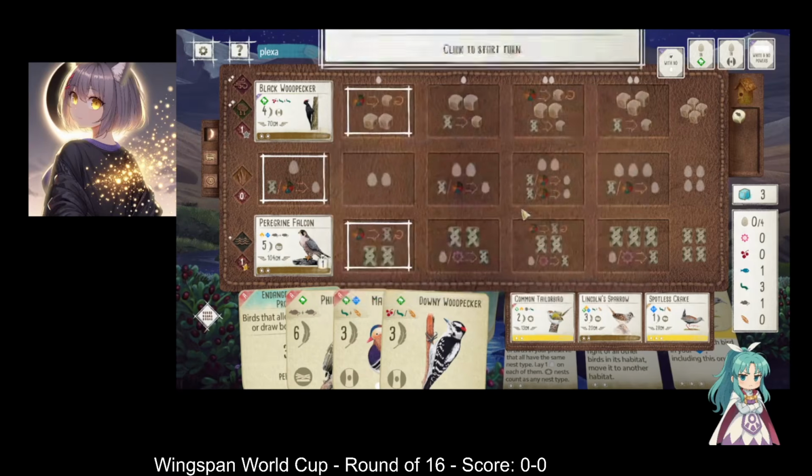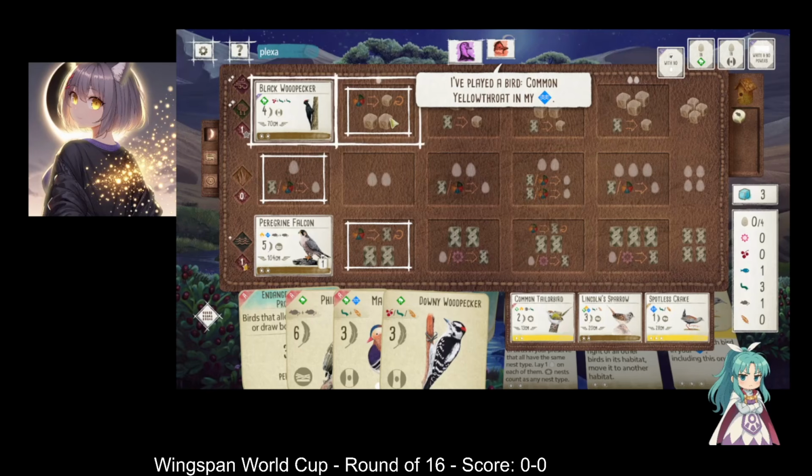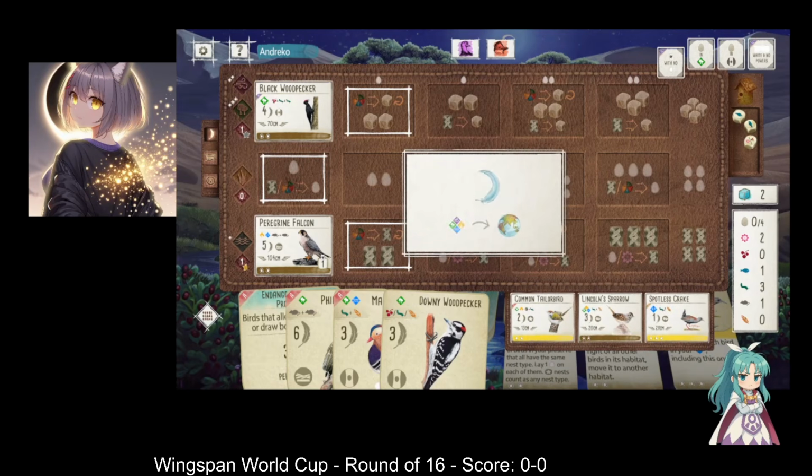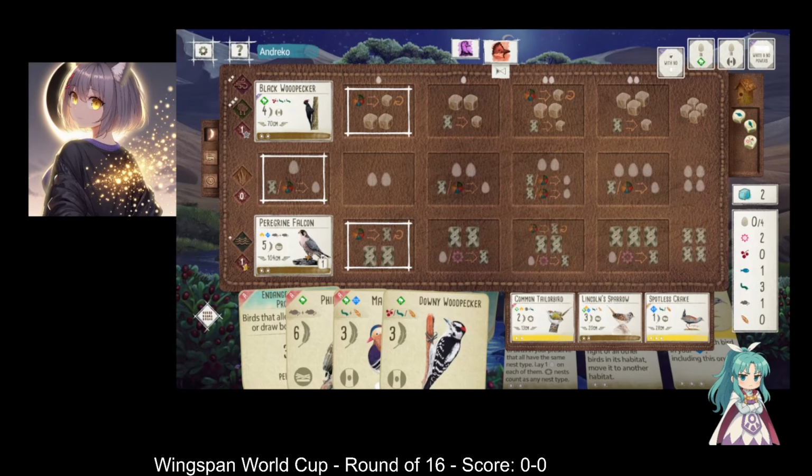I don't think we get to draw again now. I think we have to prioritize getting both birds into the game, and I think it's possible. I think as long as we hit some nectar here, I think we're pretty good. It is a risk. Okay, yeah, there's the risk. We don't get any additional worms, which is a little bit of a bother, but it's not the end of the world. I think we could still...